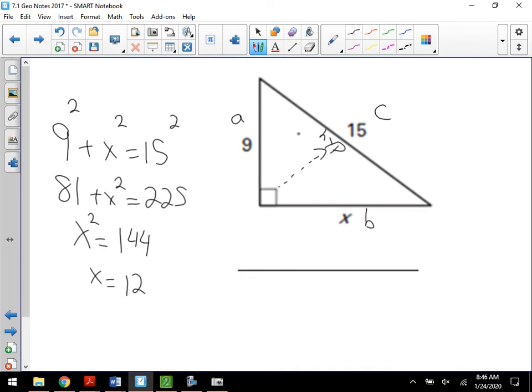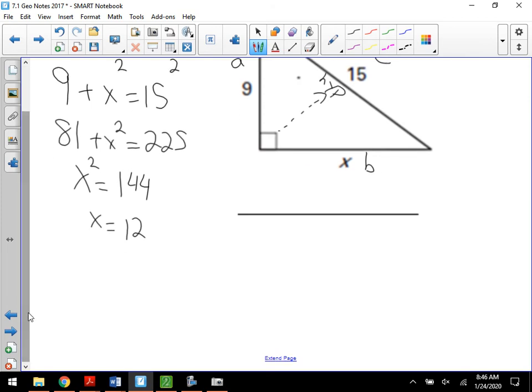Squaring means you're multiplying the same value by itself twice. So if you think about it, negative 2 times negative 2 is positive 4. 2 times 2 is positive 4. But can we have a side length that's negative 12? No. So we disregard that. Also, just a little FYI, when you're undoing roots, to undo that,